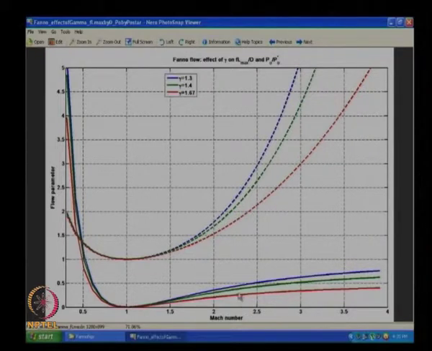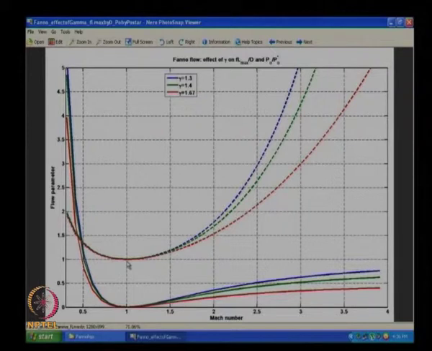When I go supersonic, I am finding the same thing happening here, but it is a much more drastic change. I am going to say the percentage change in L is going to be higher as I change from gamma equal to 1.67 to 1.4 to 1.3. So what is happening here is, when my compressibility increases, again my L increases. If my gas is more compressible, it can manage to go a longer distance. It is just managing to go a longer distance.